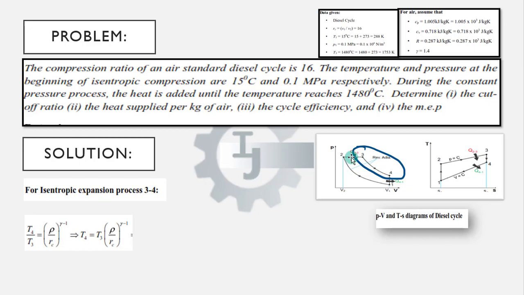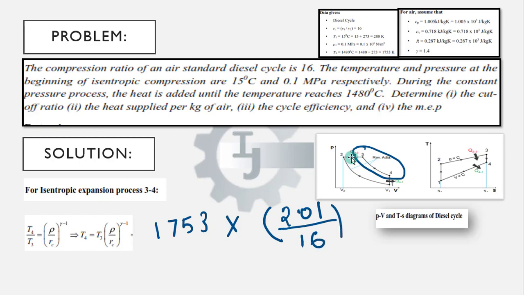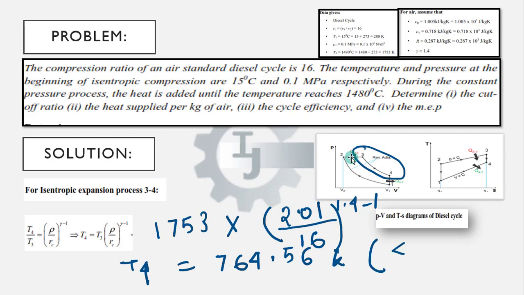So, we can write here the value of T3 is 1753 into, we have got the value of cutoff ratio rho equals 2.01, divided by the value of Rc, that is compression ratio 16, whole to the power gamma is 1.4 minus 1. By solving this, we got the value of T4 as 764.56 Kelvin,